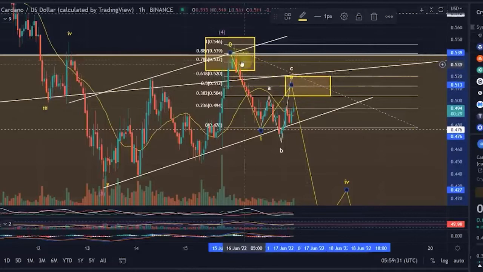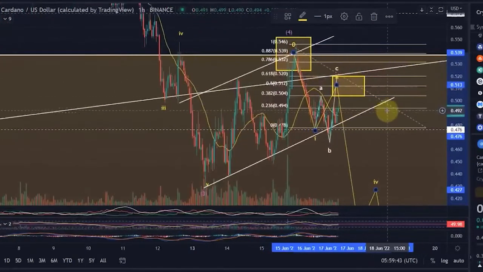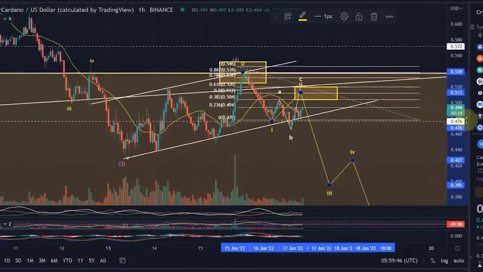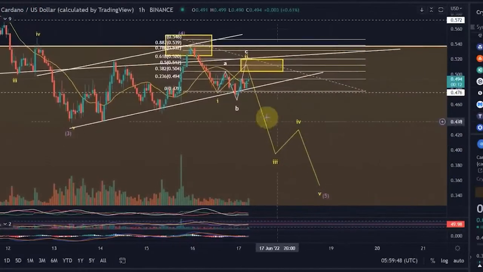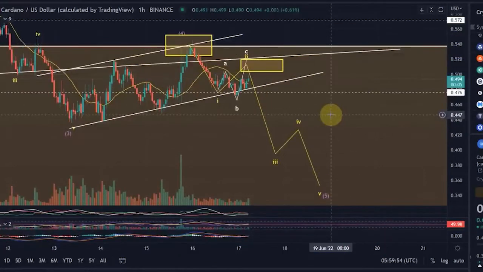It could even go higher, but then we've got this ascending trend line here, which is going to provide additional resistance, and it's the 61.8, which is a very relevant resistance level, so I'm not necessarily thinking we're going to go much higher in that wave 2. However, if this is the right wave count, and it could be the wrong one, we would expect the reversal in the yellow target